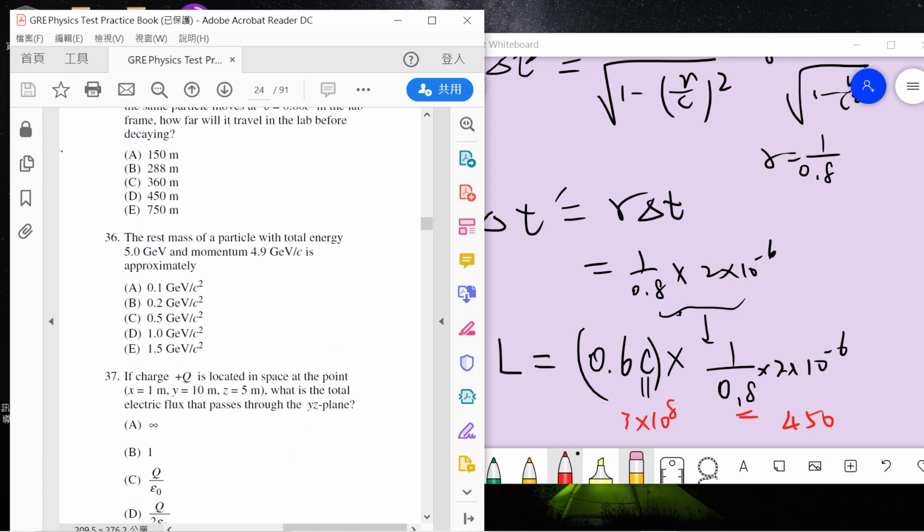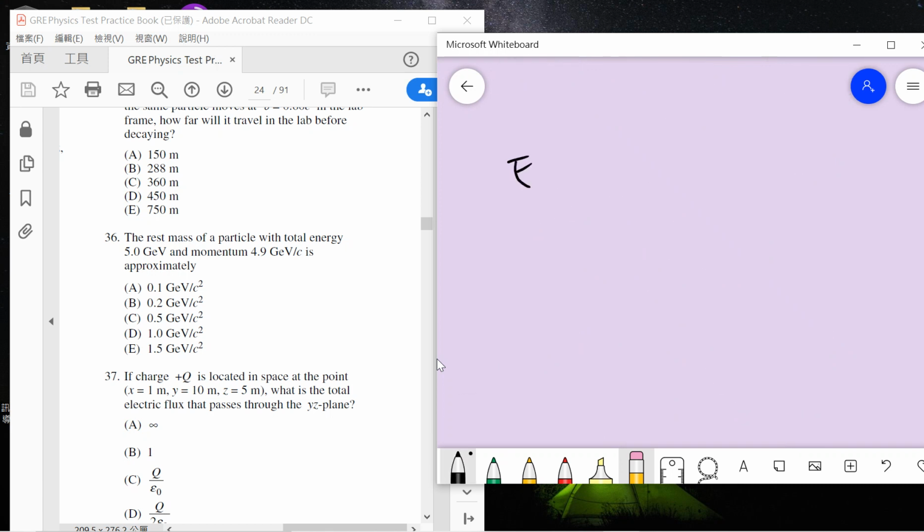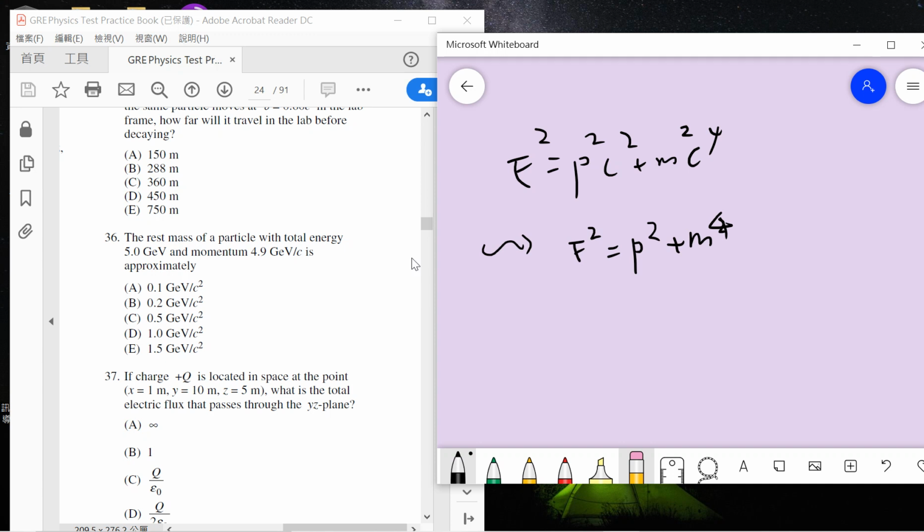Question 36, a rest mass particle with total energy and momentum, approximate. Basically, this is also special relativity. All you need to remember is E squared equals p squared c squared plus m squared c to the fourth. But now all the energy is in GeV and the momentum is in GeV over c. So when the notation looks like this, you see that this p is already in GeV over c. So we have 5 squared, the total energy squared, equals